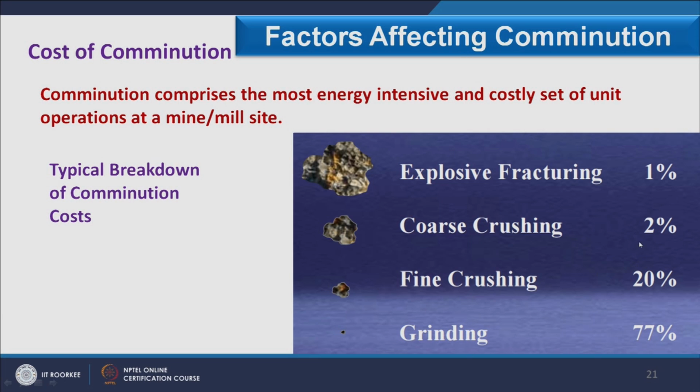This is basically the breakdown of cost. Fine crushing 20% and grinding, that is small particle size reduction, includes 77% cost. So, accordingly when we move from larger to smaller, the equipment is very sophisticated, and therefore the cost involved in